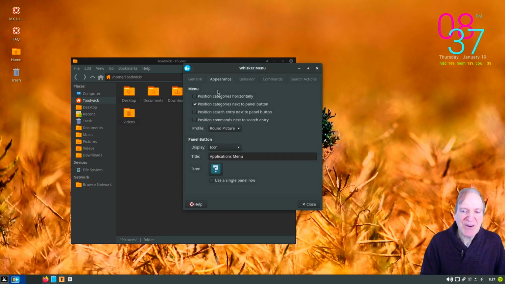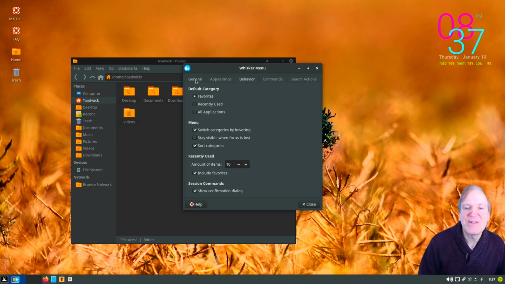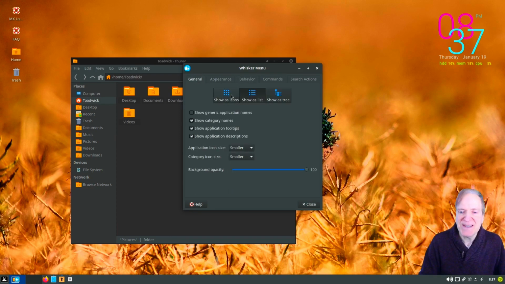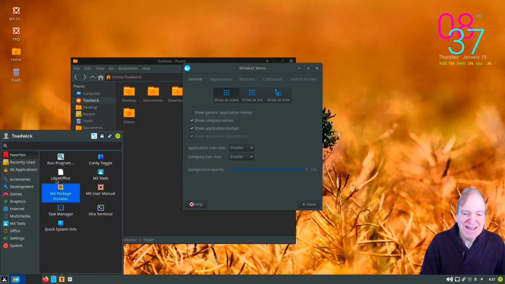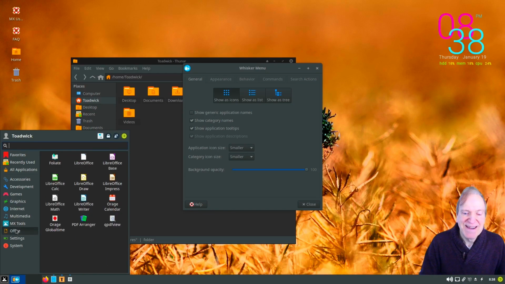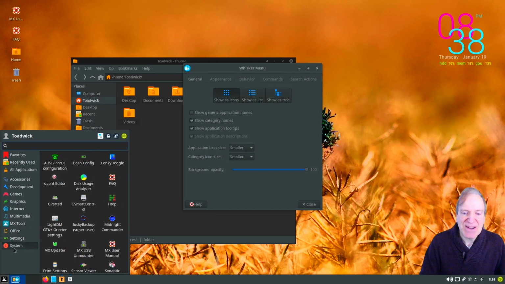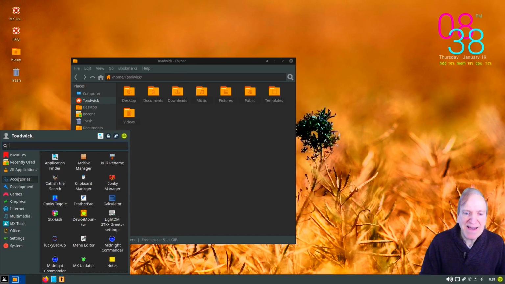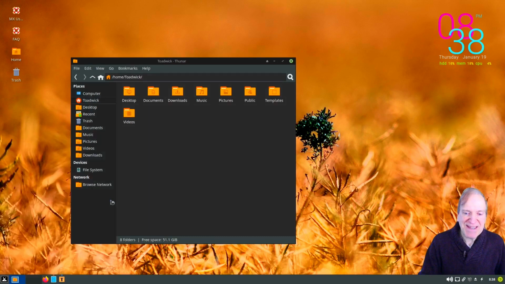I like that they already hover, or that they already change the categories. Also, under general, I'm going to click show as icons. And I kind of like that. To me, that's a little bit more of a modern look, and stretch that out a little bit to get 3 in each row there. So yeah, that's a nicer look. I kind of like that. That's more like it. So now if we start off in the accessories, now that we got this situated,